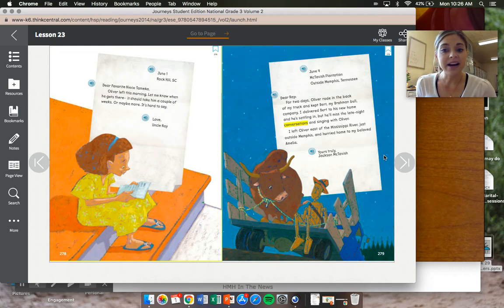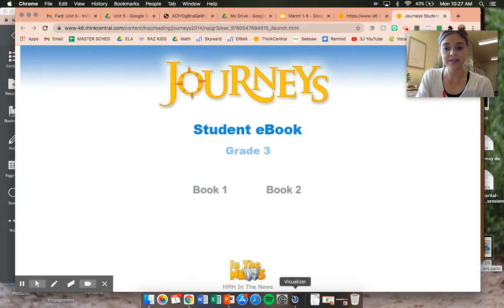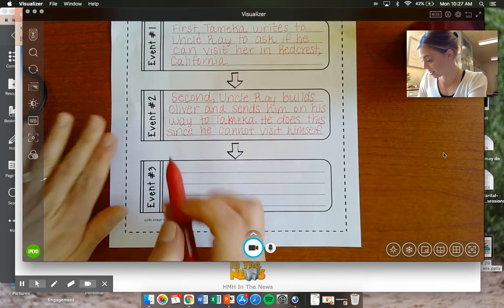Wow, so the third thing that happens in this story so far is that Oliver gets to ride in the back of a truck with a man named Jackson and actually a bull named Bert. This man named Jackson McTavish is driving him. And it says he left Oliver east of the Mississippi River, just outside Memphis. So Memphis is in Tennessee. That means that Oliver went from South Carolina to Tennessee. So we can say third,